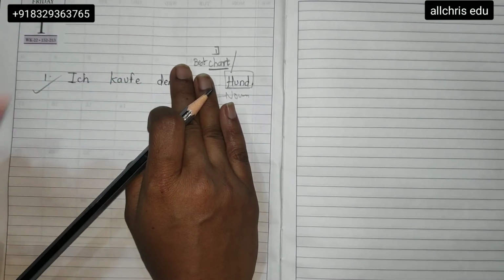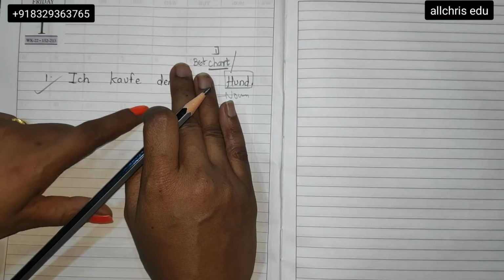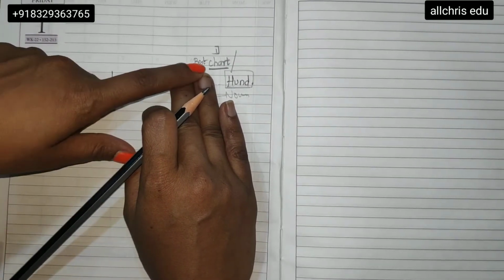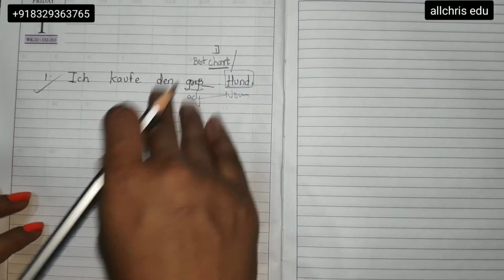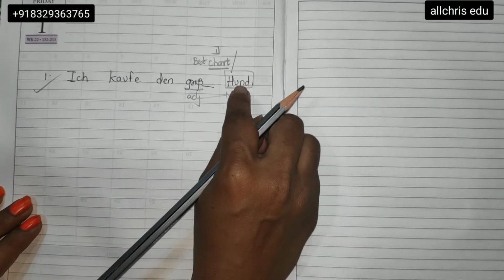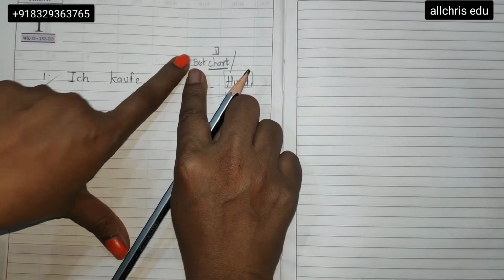Okay, so this is there. If a possessive article is there, which chart to use? Unbestimmt again. Negative article, unbestimmt chart only we are using. Demonstrative article, bestimmt article, which I explained to you just now. So first you have to find the chart which should be used for this noun. This noun has an article den, so I'm going to use a bestimmt article chart.